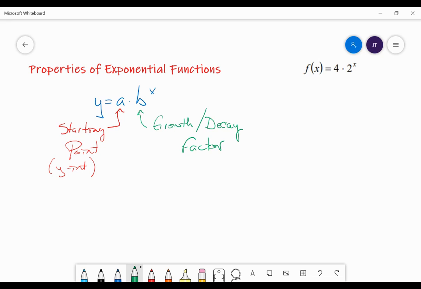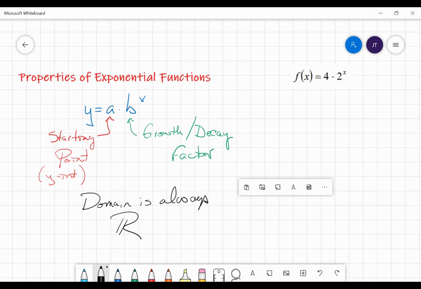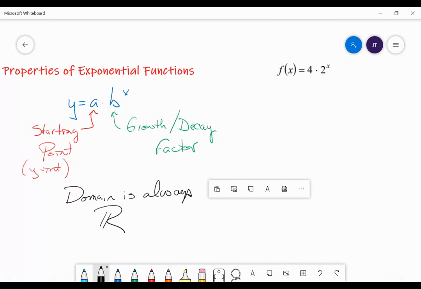And then one part that's real easy about this is your domain and range. Your domain is always all real numbers. Okay, your range can change at times, but your domain is always all real numbers. Okay, so we're going to use this to label some parts of this